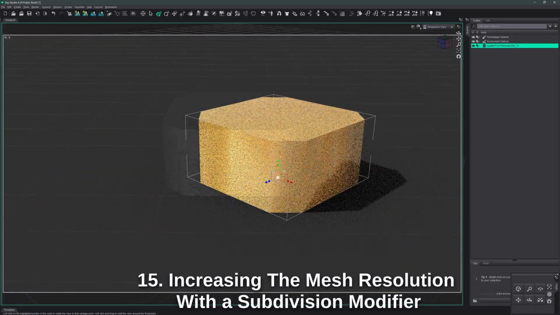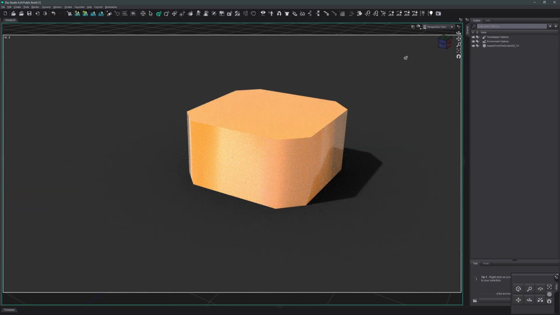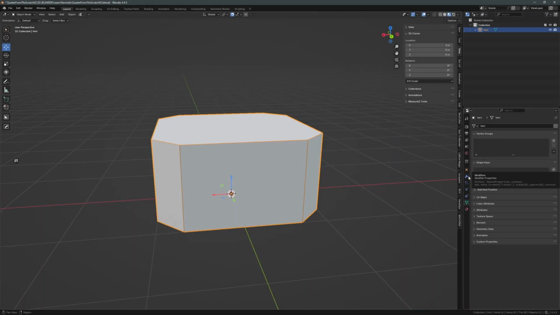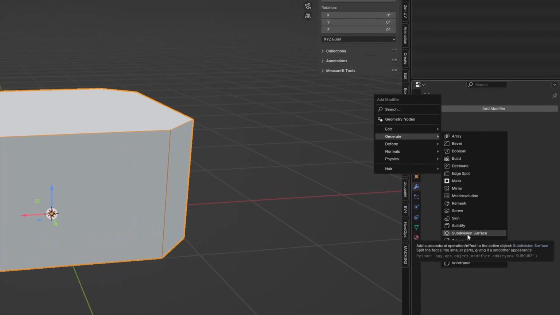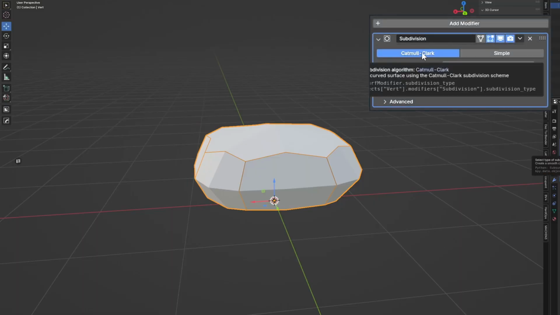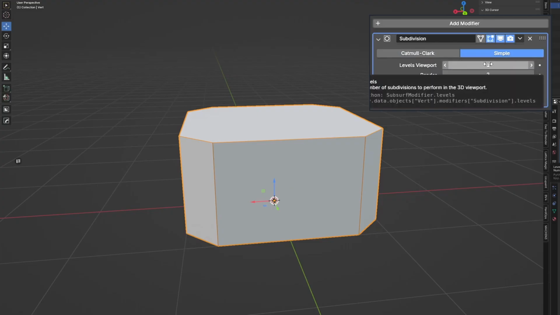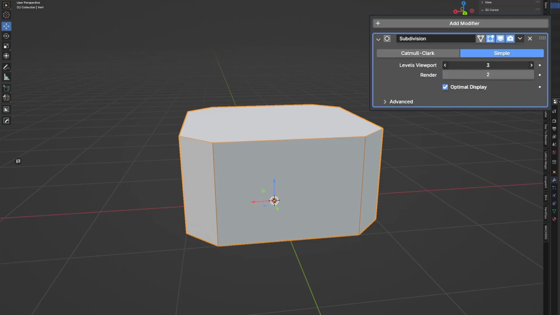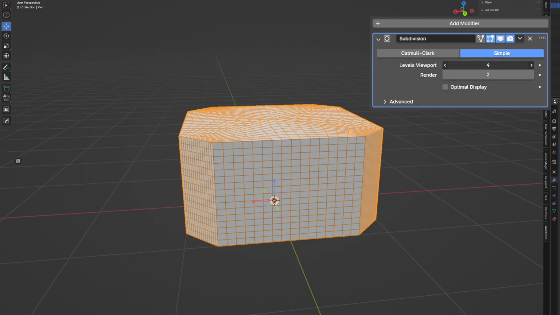So my next guess was, if the faces are not even, maybe I can subdivide them to get smaller uneven portions. Back in Blender I added a subdivision modifier. It's under Generate, Subdivision Surface. But I see that my nice object gets all crumbled. That's because the Catmull-Clark algorithm is softening the geometry by recursively applying splines. Blender also offers the Simple algorithm, which retains the original vertex position. I can set the number of divisions, and by unticking the optimal display, I see what the modifier will do to the object when applied.